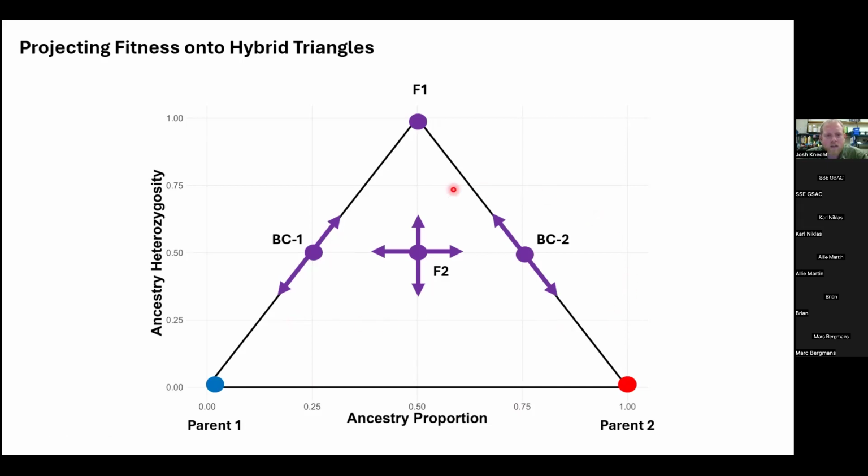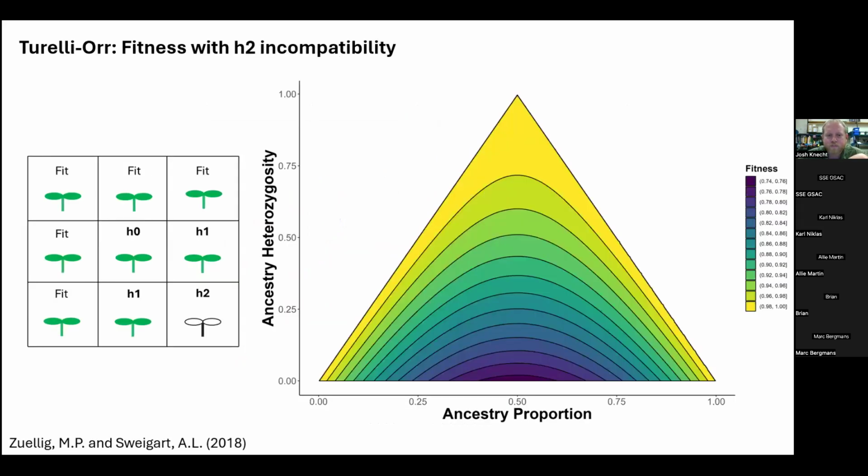I'll argue that we can tell a lot about reproductive isolation by what happens in here, especially these upper legs, where, in order to have gene flow, there needs to be at least a couple of backcrosses, right? So if we look at this really strong incompatibility that Zuellig and Sweigart described, does it translate to low fitness across this hybrid genotypic landscape? And so if we plot the mean fitness given this phenotype across all the possible hybrid genotypes, you see there's a ridge of high fitness across where the backcrosses would be, and even in the phenotypes where the F2 population would be, the relative fitness is still around 0.95 compared to the parents